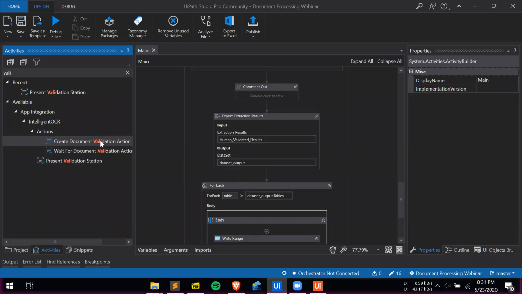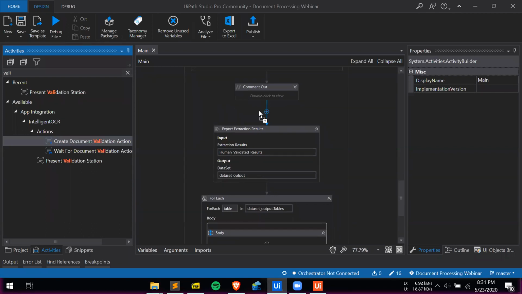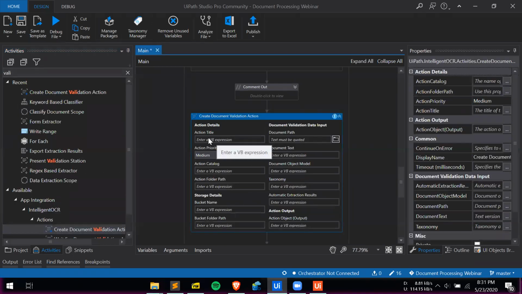One is Create Validation Action. So we are going to pick this one up first. Action title is nothing but what the user will see when an action is created. So I can say form extraction validation. Now I have to specify the document path,